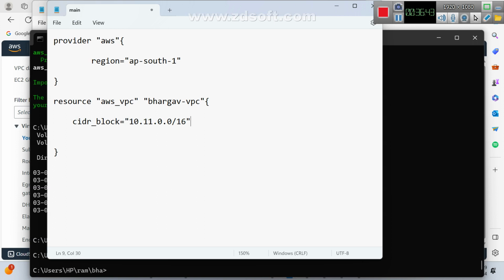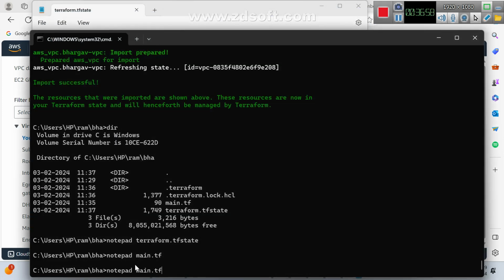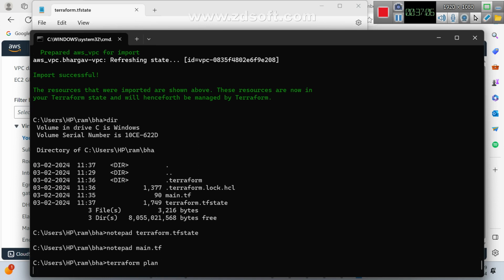Generally, you know it, right? What you need to enter here? Tags, right? Are you agree with me or not? Yes, sir. Uday, I forgot about tags. But what it may do? Terraform, I don't go for Terraform apply. I may go for Terraform plan for your clarity. Terraform plan. What happens, observe.